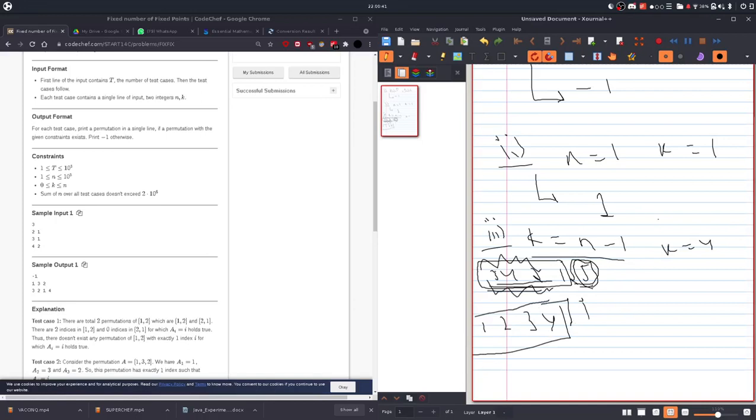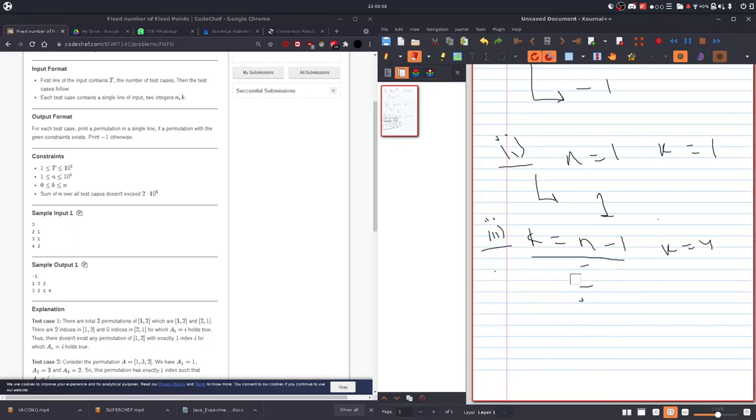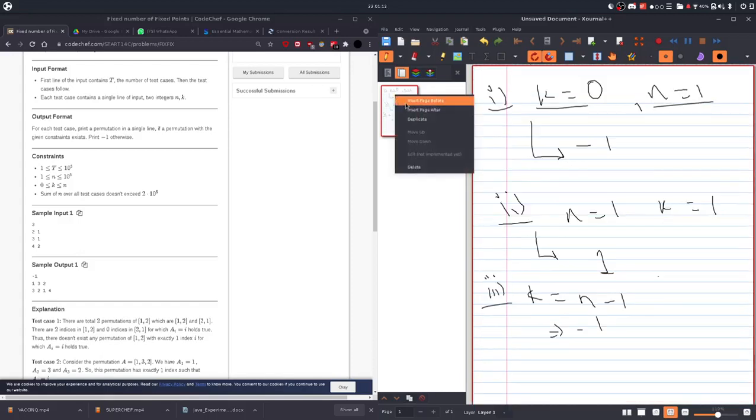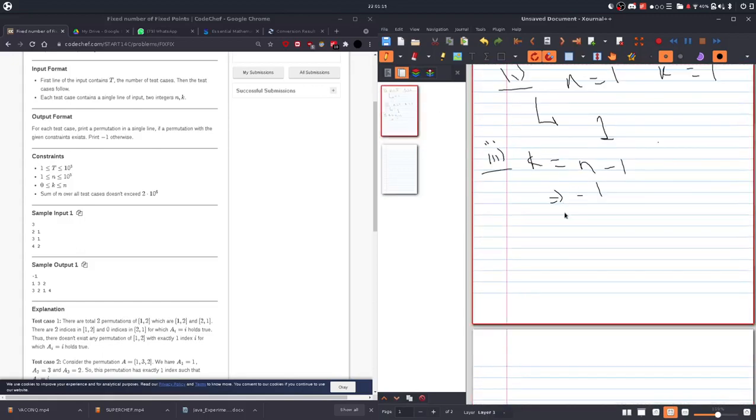as the permutation we're gonna find, k is equal to n minus 1, which will be here k is equal to 4. So if till 4 we are equal, then we already know that the last value will be here. And if you see now, there is one more place where a of i is equal to i. So there won't be any places where we will be able to find it, so there can't be any permutation. Then if k is equal to n minus 1, the nth element of the array will eventually be the number at its own place. So then we also can't find any permutation. Then the answer will also be minus 1.